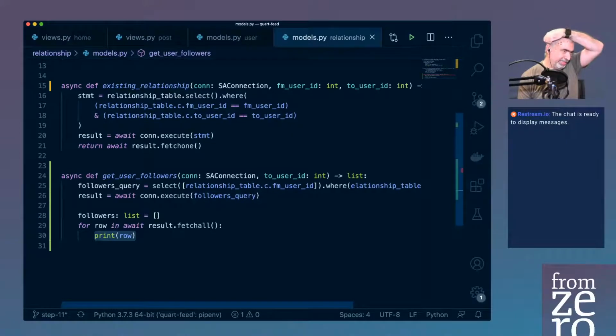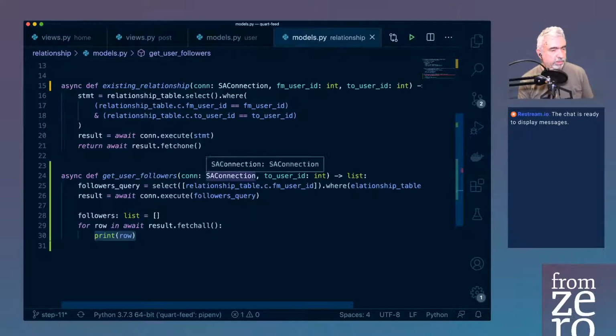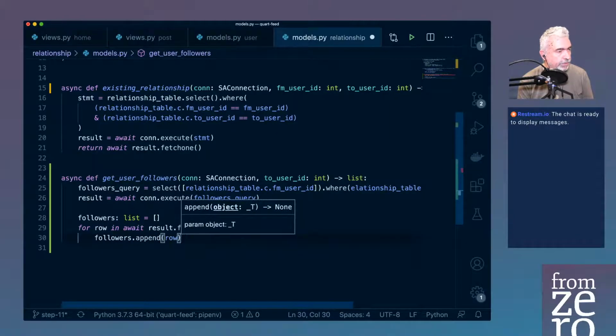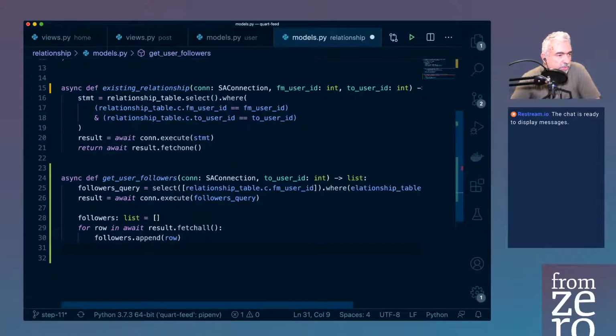What do we want here? We want the IDs. Because we can define this as being, I think it's the same type as this one here. It's like a SQL record. So let's say followers.append(row). Now what I would like to do here, which is going to be more complicated, is to do a join. So I would like to join from